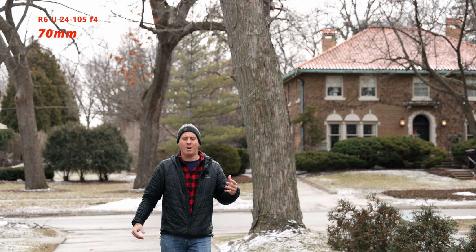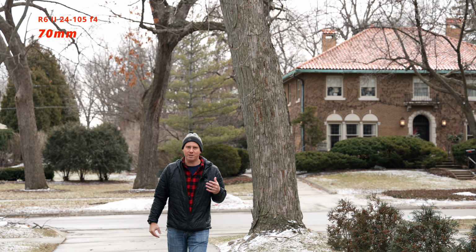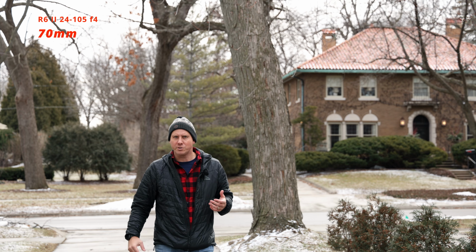Let's go over to 70 millimeters. So 70 millimeters, and again, not scientific at all. This is just kind of real world practice, the look, the feel. I will tell you optically, these are both very amazing lenses. I'm not gonna do a pixel peep on this. I'm just gonna show you the image quality and the look, because that's really what you're looking for, is the look of the camera,